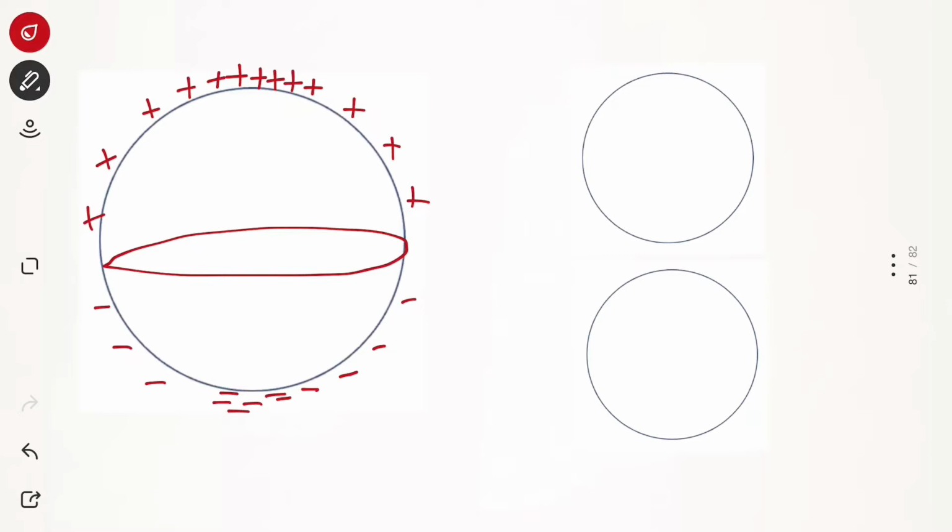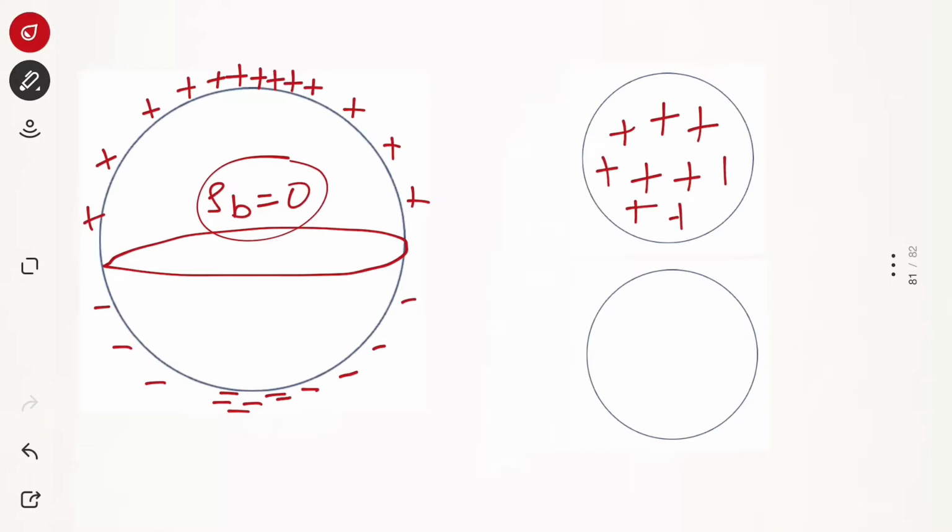Now what I am gonna do, see, here inside rho_b is 0, we know we have only surface charges. So I am just considering two whole solid spheres. Here we have positive charges on this sphere, all the positive charges inside the volume. It means rho equals a constant, which is positive. And here I have a solid sphere which has negative charges. Here also rho is constant.